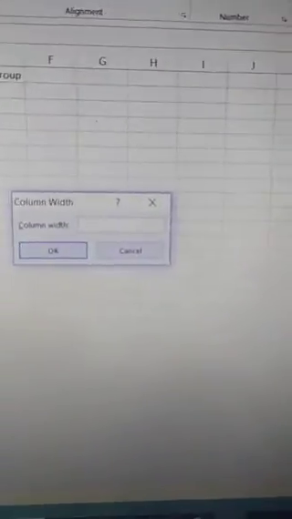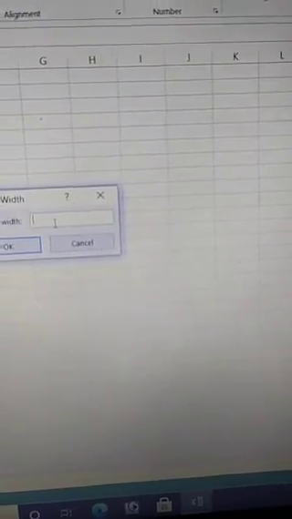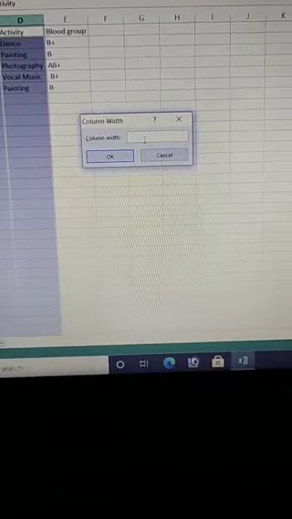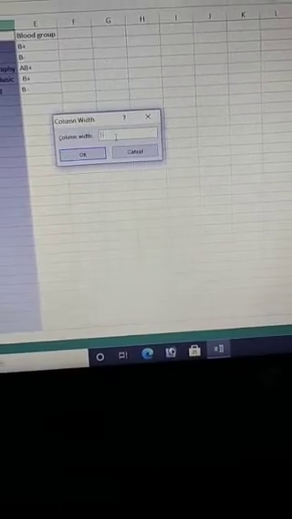When you click on Column Width, just put the column width you want to give.